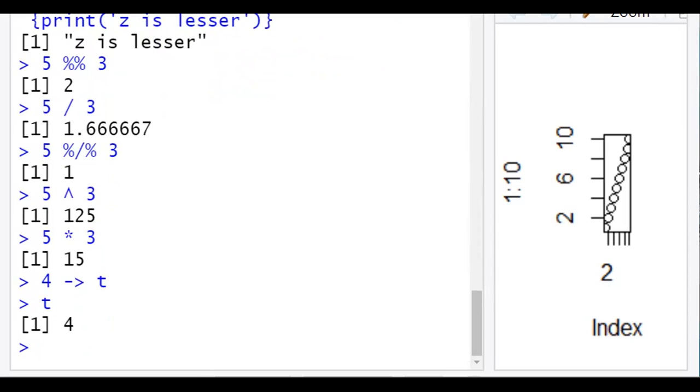So in R programming, we can have global variables also. If we want to assign the values to a global variable, so put two of these less than or greater than symbols like this.